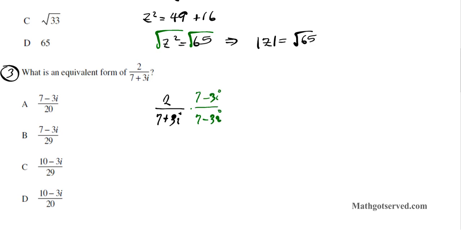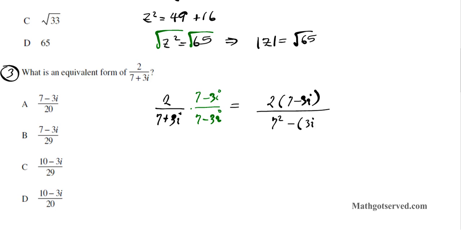Now, how did I come up with this? To get a complex conjugate, all you do is just invert the sign of the imaginary part. Okay, so this was plus 3i. You do the opposite, -3i, that's how you come up with the complex conjugate, all right? So on the top, we have 2 times 7 minus 3i, and then in the denominator, if you follow that out, you're going to end up with 7 squared minus